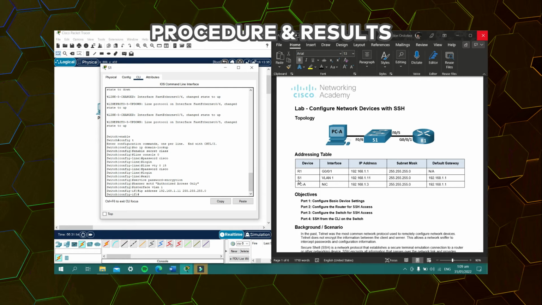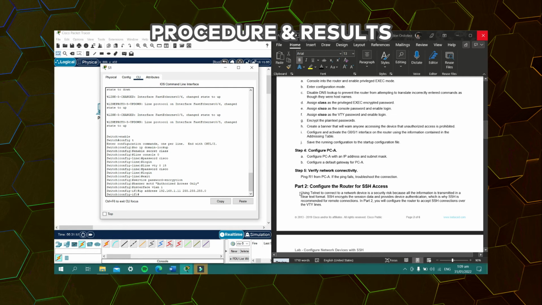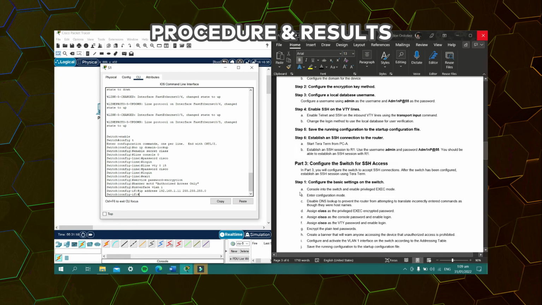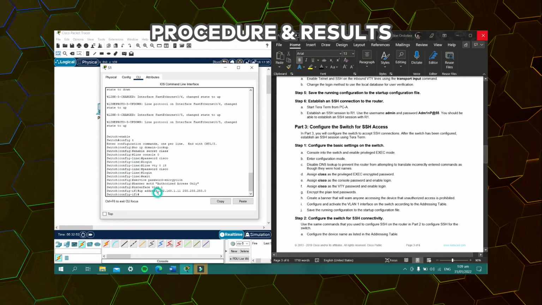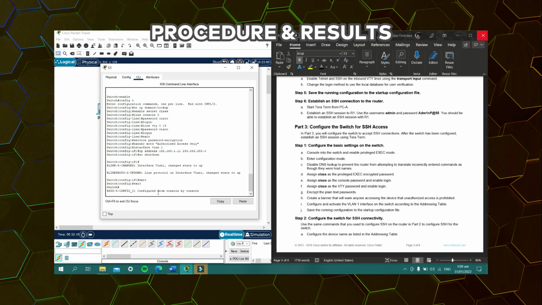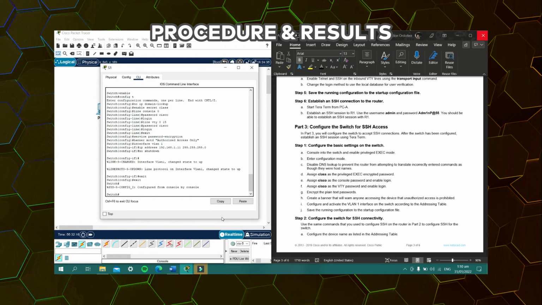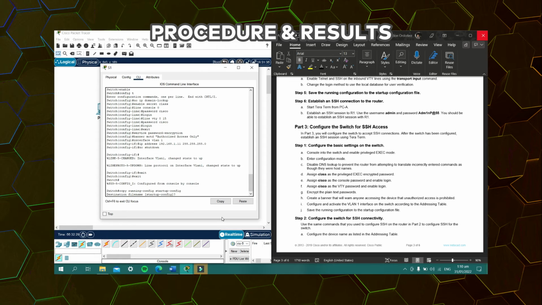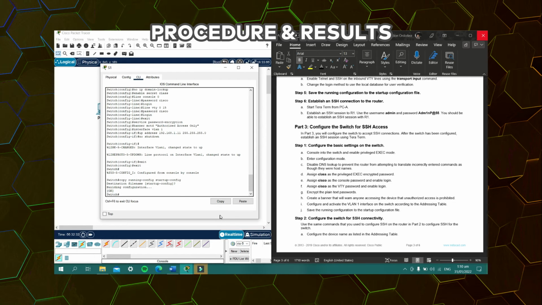Now, after that, we'll type no shutdown. There. So exit. So after that, save the running configuration to the startup configuration file. So we will type copy running-config startup-config as we did earlier. So now that it's done,